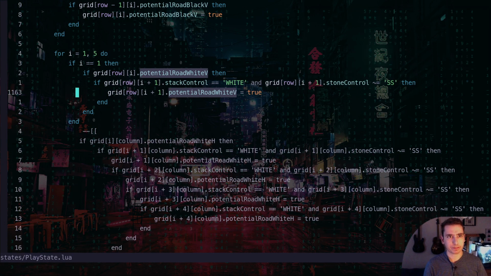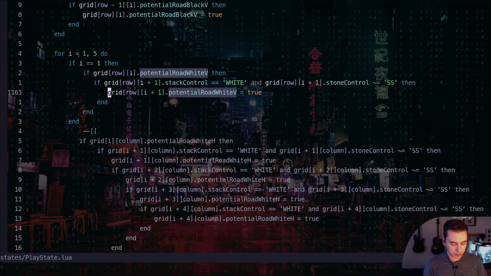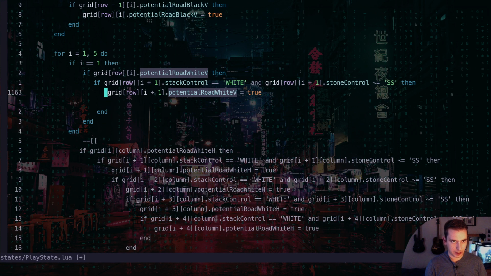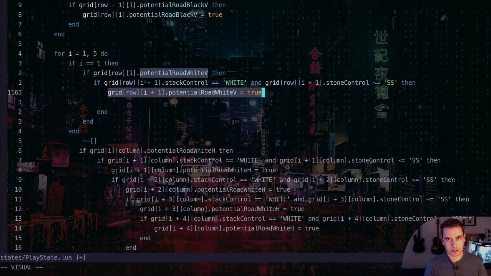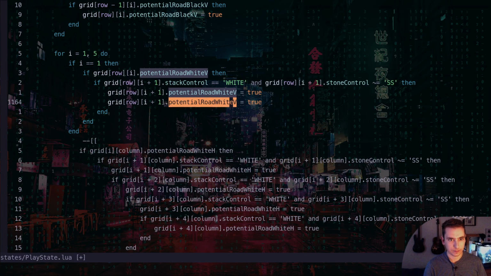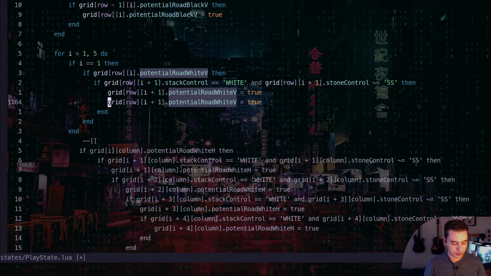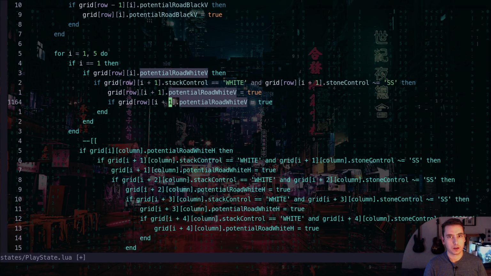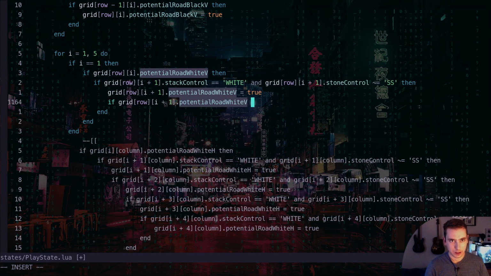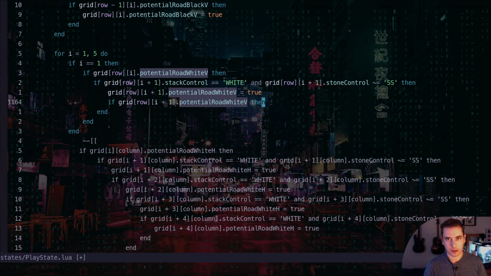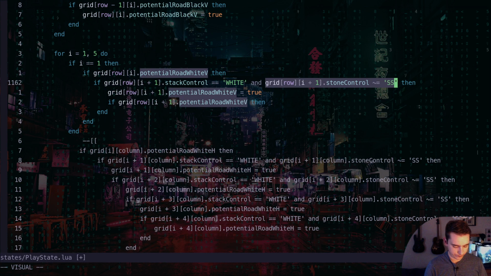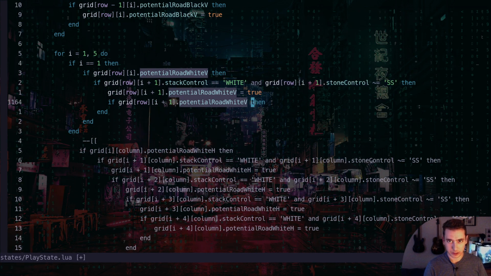So if our road to the right of us is a potential road, marking it as such, and then we need to mark, we say if the one next to us is a road white vertical already, then actually, and we check that it is a stone control that is not equal to a standing stone,